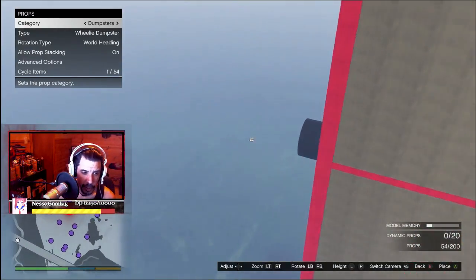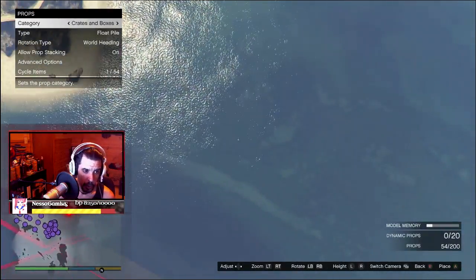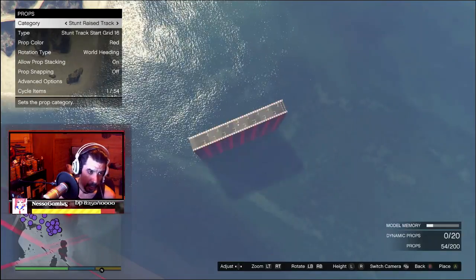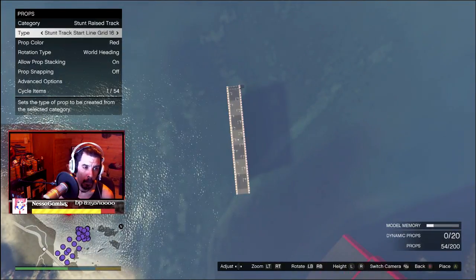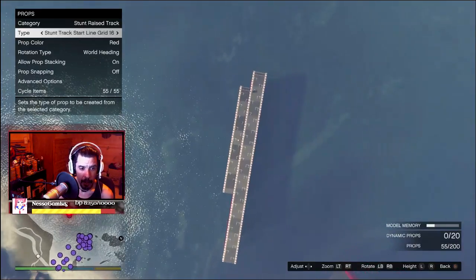Okay, well, let's make an arrow really quick. They're not hard to make. All right. Get some stunt. Raise stunt courses. Here we go. These guys. Like this. Whoop. And then...